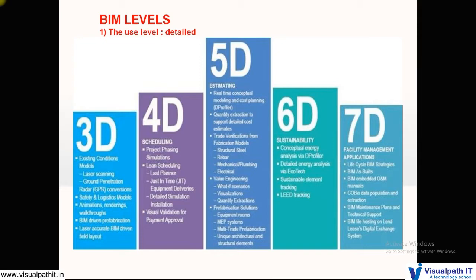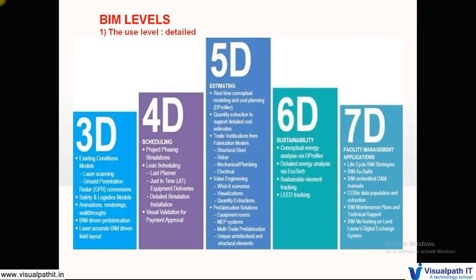Now, in a detailed view, I have shown you the BIM levels: what 3D is, what 4D is, we say project planning. Just have a knowledge of this. Then we have 5D estimation. When I talk about estimation, it is not only the architectural estimation. Revit Architecture will do the architectural estimation, but there is structural estimation, steel estimation, a lot of things, which is limited for us now.